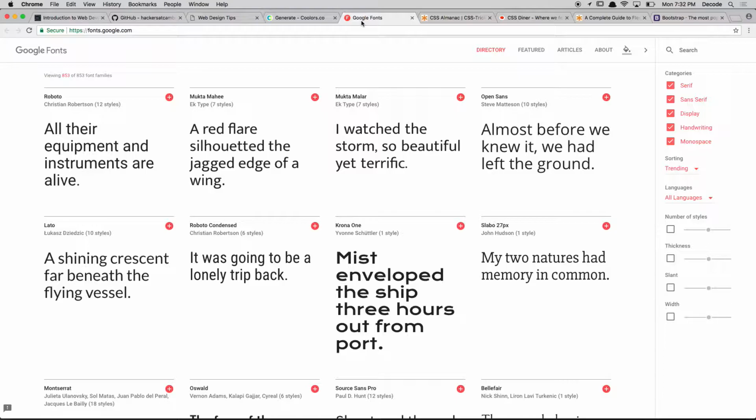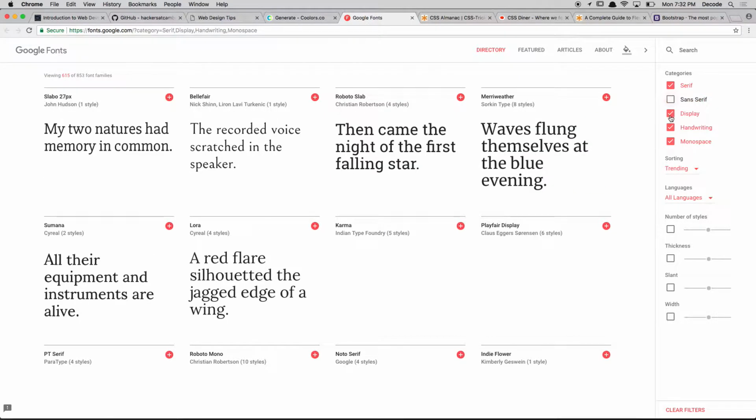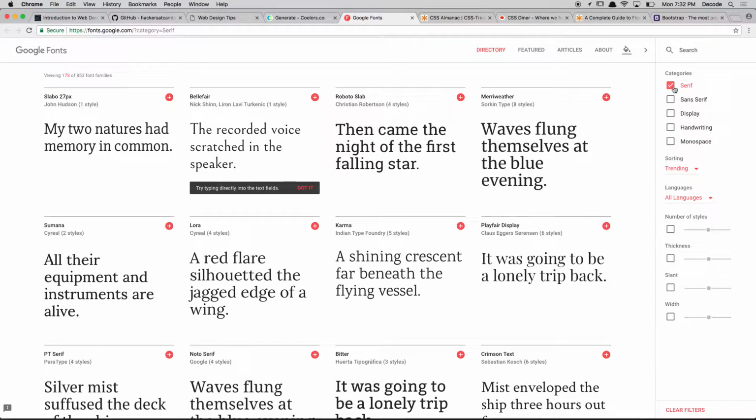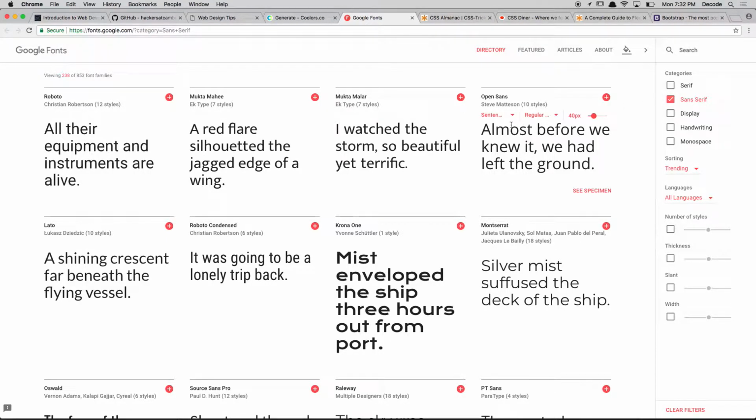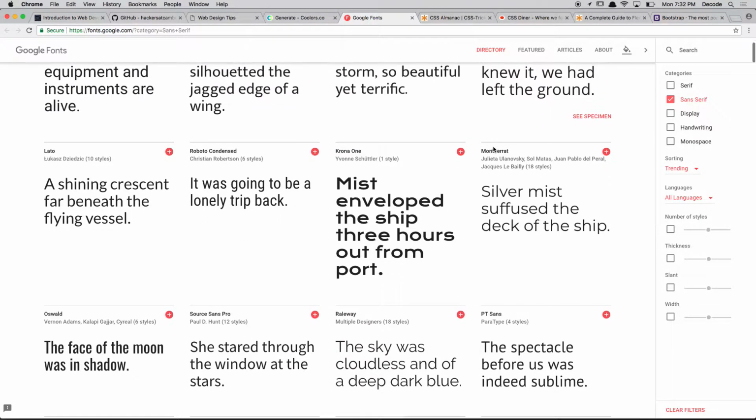There are also search parameters, so I can change what kind of fonts I'm looking for. So for example, if I'm only interested in serif fonts, and those are the ones with those tails at the ends of letters, I can do that. Or if I only want sans serif fonts, which don't have the tails, I can search for those. In my case, I'm interested in a sans serif font. And scrolling down through these,